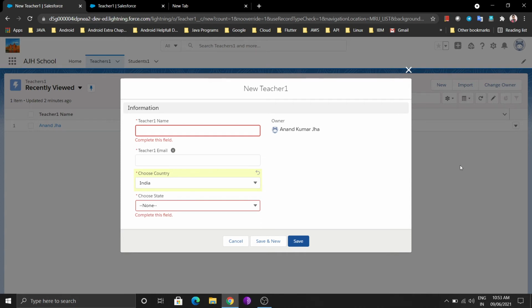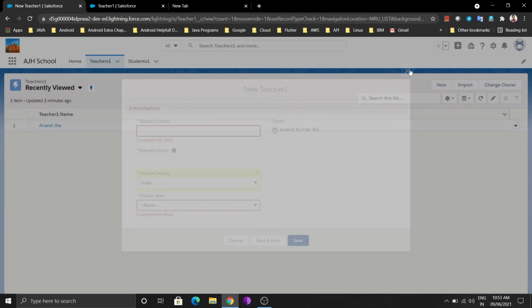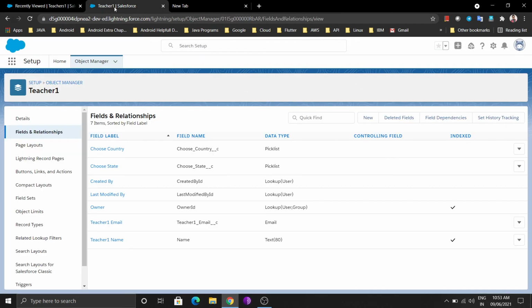This is the certification question. Definitely one or two questions come from the picklist or field dependency, so you need to be carefully prepared for that. For creating a field dependency, just come to our Object Manager also, and you will see that when we